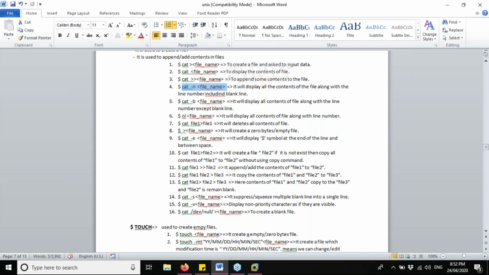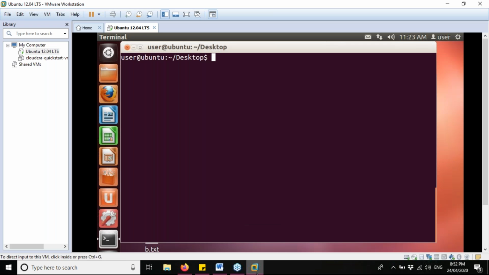Okay, so we would just run this very code. Cat space hyphen small n and then the name of the file. Okay, all in cat space hyphen n, everything in small letters. So let's do that. Hit the enter button, guys.